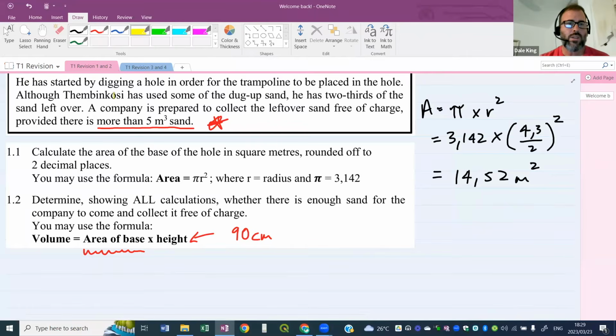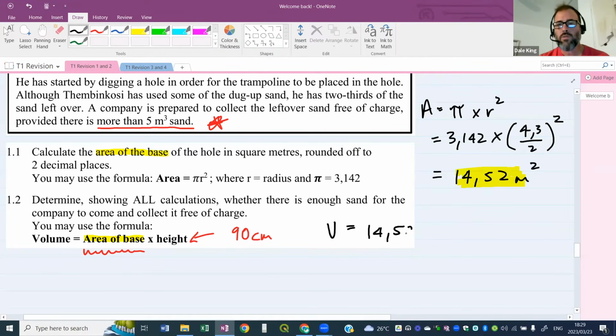Now, these words here, area of base. That's from the previous question, right? You see there, area of the base. So we've done that calculation. Here it is. It's 14,52. All right, so we're going to use that because that comes from the previous question. So volume is equal to, I'm going to go straight into putting the numbers in, 14,52